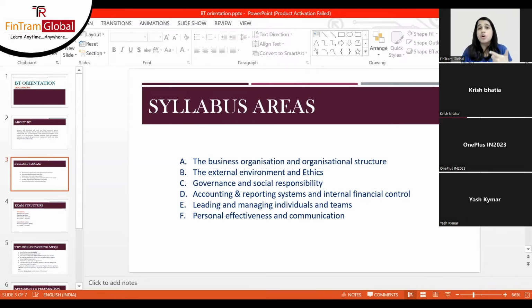What are the advantages of promoting your staff and giving them opportunity to train on various things is something which is covered here. And finally, you move on to the final syllabus area, which is again not too big: personal effectiveness and communication. Here you learn about performance appraisal, that in an organization, when you're working, let's say as an